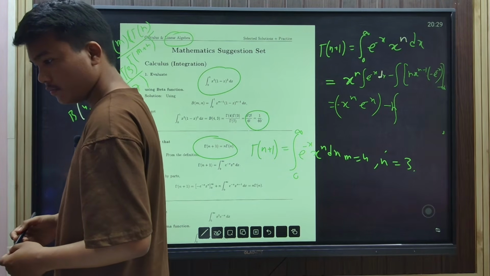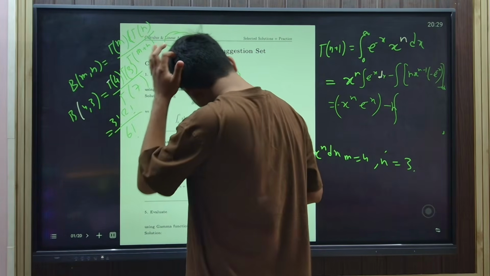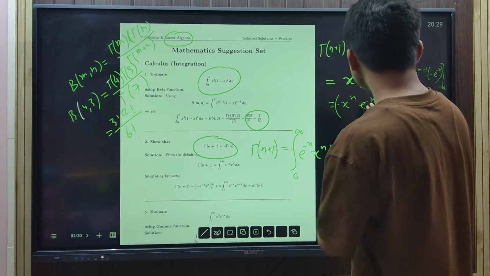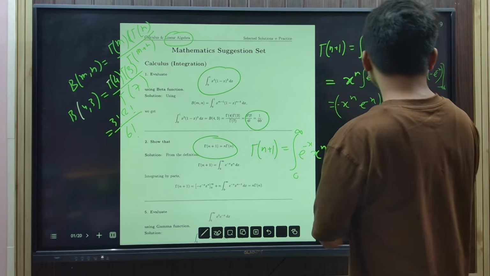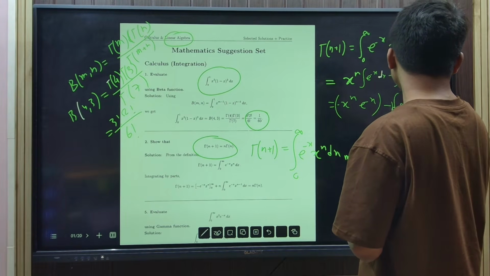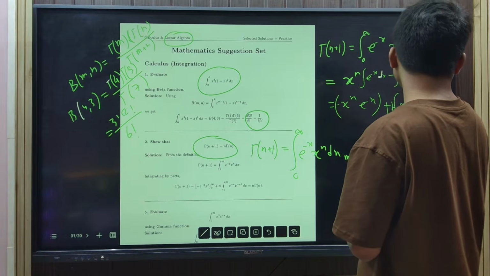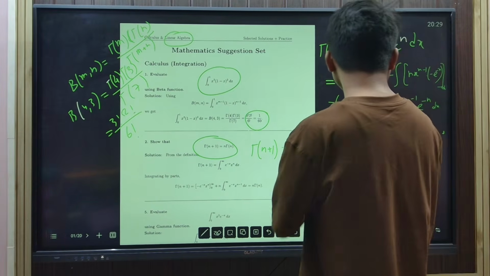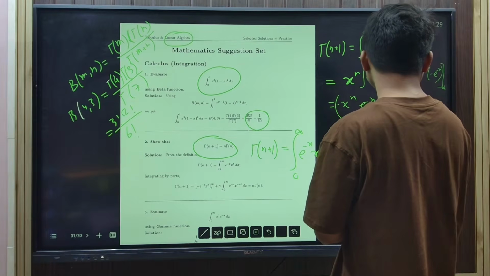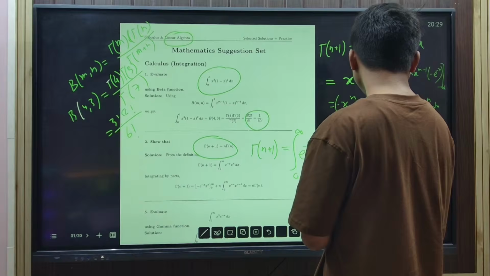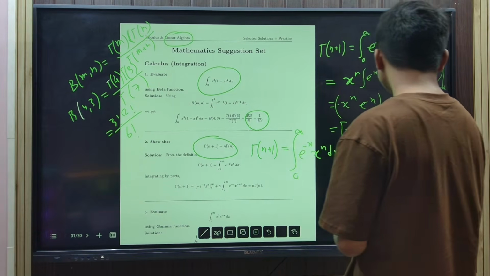Okay, so last, the integral of x to the power n, integral of e to the power minus x, minus e to the power minus x. So n will be outside. Integral of x to the power n minus 1, so minus will be plus, and e to the power minus x dx. So now the limit will be for the whole thing, an integral from 0 to infinity. Now here I will put the limit: minus x to the power n e to the power minus x from 0 to infinity plus n into, look,